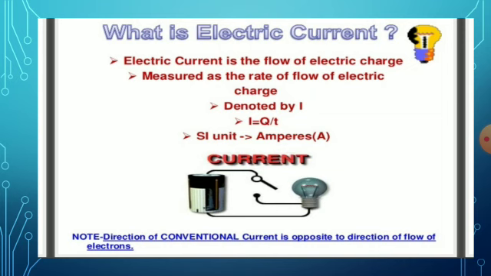Here a bulb is connected to a battery by means of a key. But here the key or switch is open, so the bulb does not glow. If you close the switch, the bulb starts to glow. It is due to electric current. The direction of the conventional current is opposite to the direction of electrons. The current always flows from the positive terminal of the battery to the negative terminal, but the electrons' direction is just opposite to that.